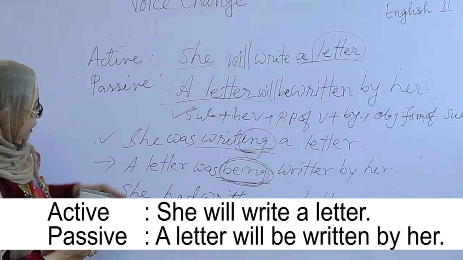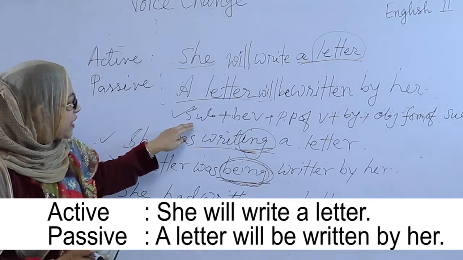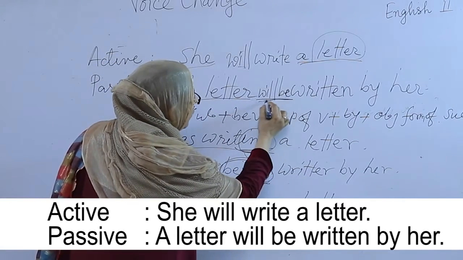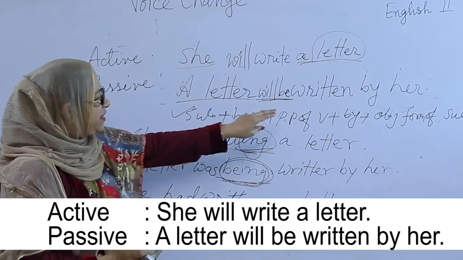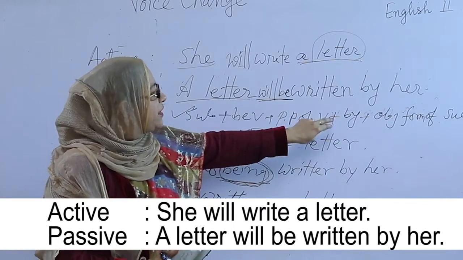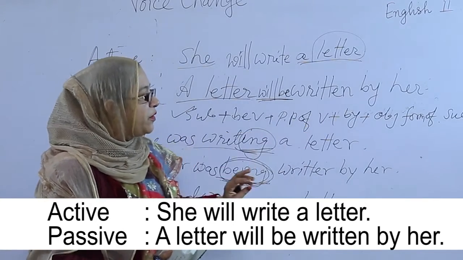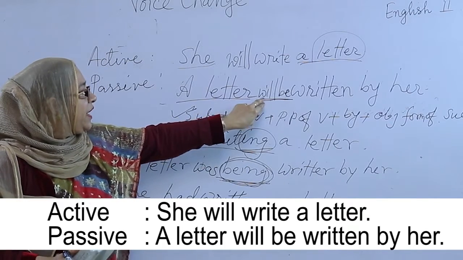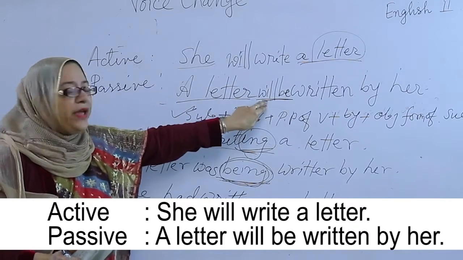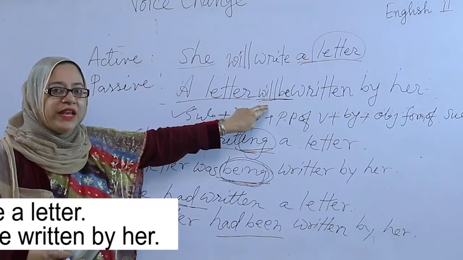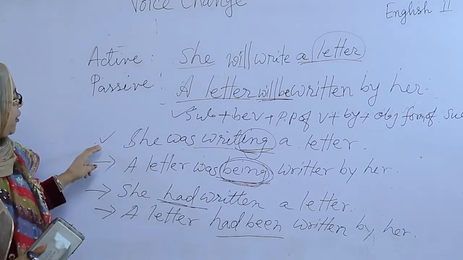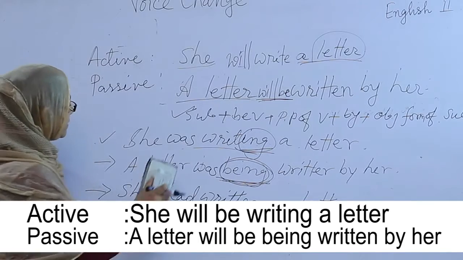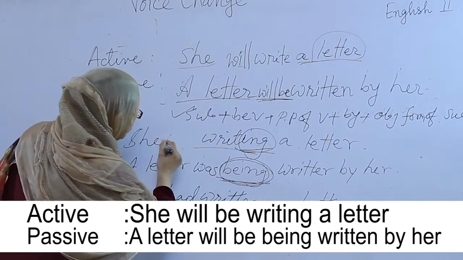And look at the board, the structure: subject plus be verb. This is the be verb, will be. A letter will be written, past participle form of the verb plus by plus the objective form of the subject. Only I changed will be. Then I will turn it into future continuous. She will be